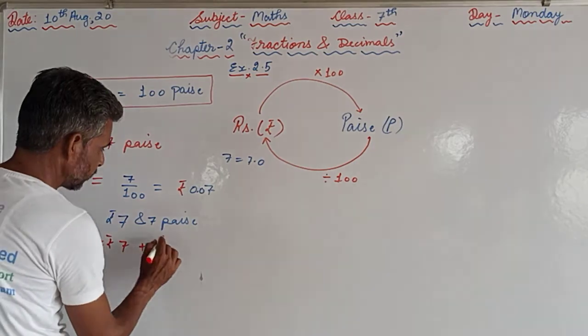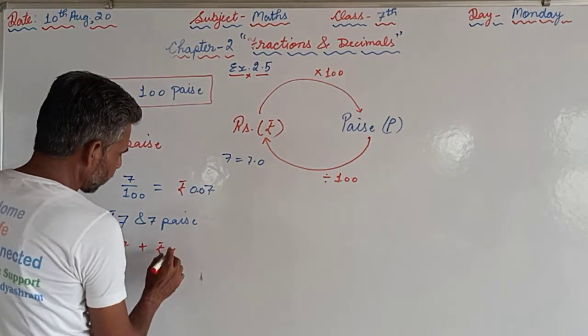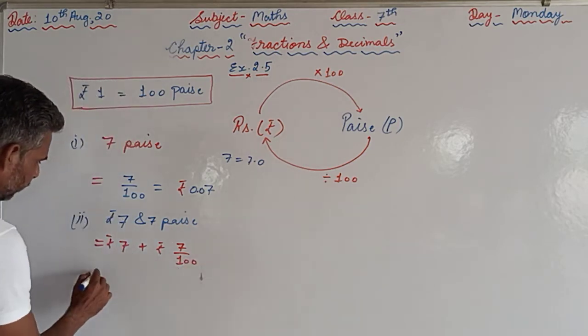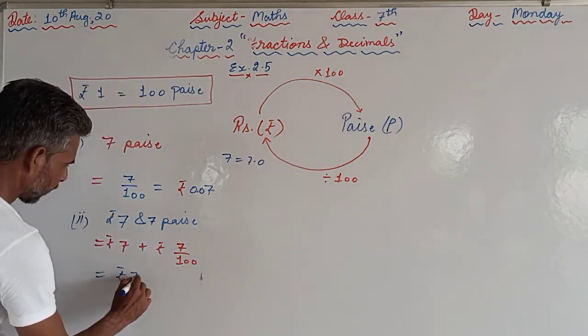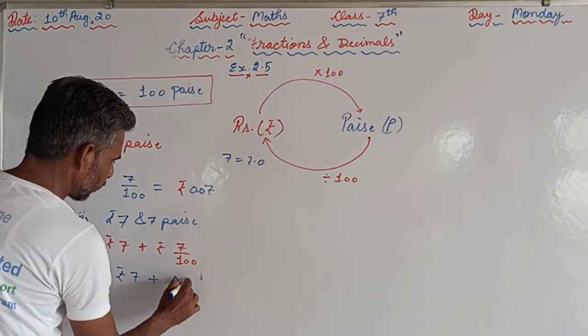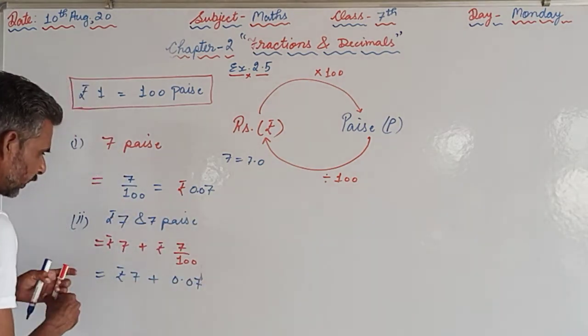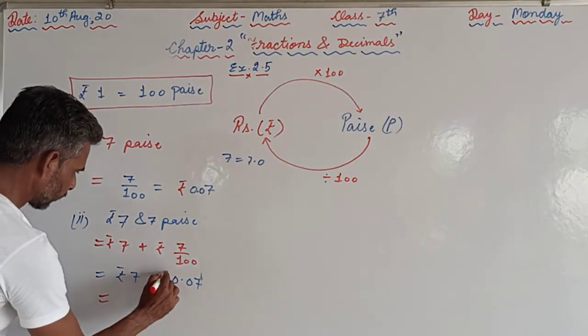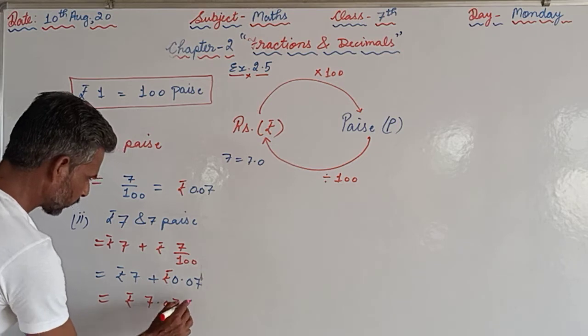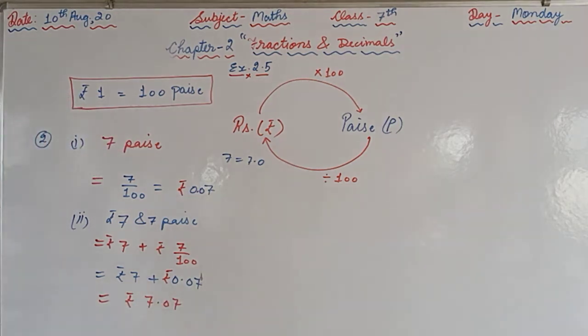plus we have to convert 7 paise into rupees, so what will we do? 7/100. Again, 7 rupees plus the 7 paise we converted, here it will be 0.07. Now again we have to add, so that will become 7.07. So from here one more thing came to our mind,